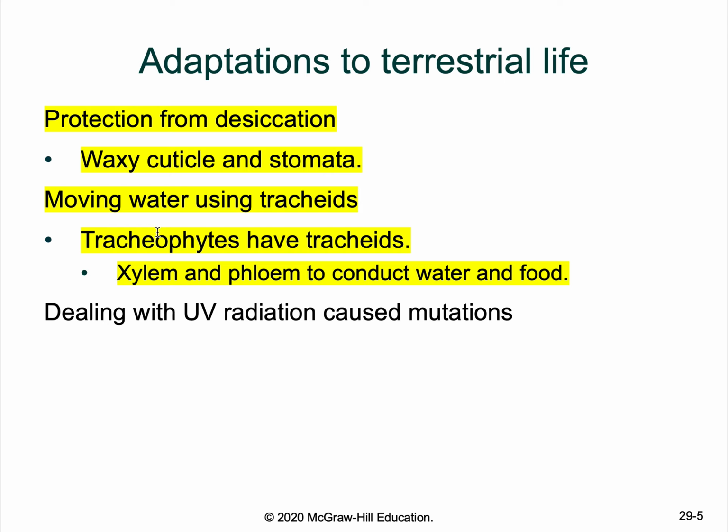Some of the adaptations that we briefly mentioned would be that they have a waxy cuticle on the leaf and also on the outer parts of the stem. And they also have stomata, and I have a picture of a stomata in the next slide so you can look at. So this word here, desiccation, protection from desiccation means that the plant will not dry out, right? And so that's why they have the waxy cuticle and the stomata. And then they also mention here tracheids, which is for water movement, and the xylem and the phloem is really important, and we're probably going to see that 2 to 3 times within this PowerPoint, so just keep your eyes peeled for that.